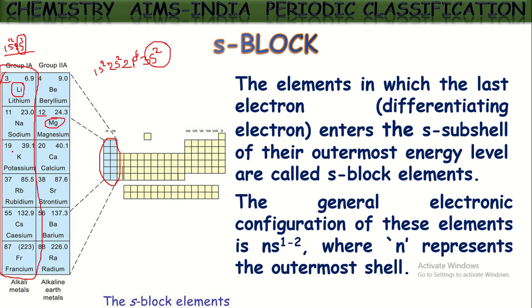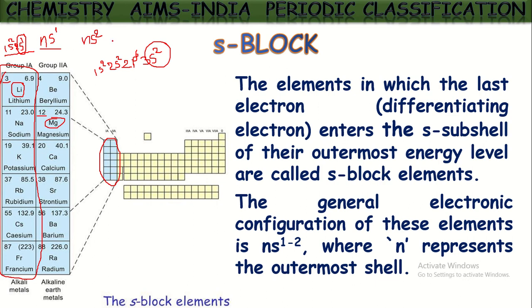If we see potassium, in the valence shell the configuration is 4s1. In this way all these elements get the valence electronic configuration s1, but only the shell number changes, so we can say it as ns1. So these alkali metals have valence electronic configuration ns1. For the next group elements, in the valence shell they will get the configuration s2. It is 2s2, 3s2, 4s2, 5s2. In this way all these get s2 configuration in the valence shell, but the shell number changes from element to element, so we can say it is ns2.